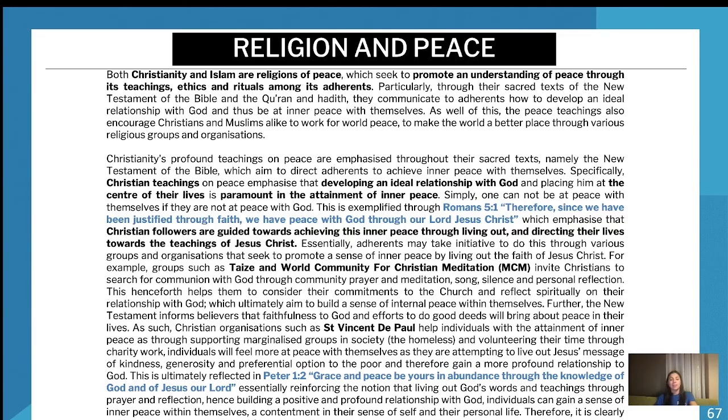Then it starts with a thesis statement about the sacred text. Then it's getting into the Christian teachings, and then it's got the Christian quote. This one, if I'm looking right, is specifically on Christianity.